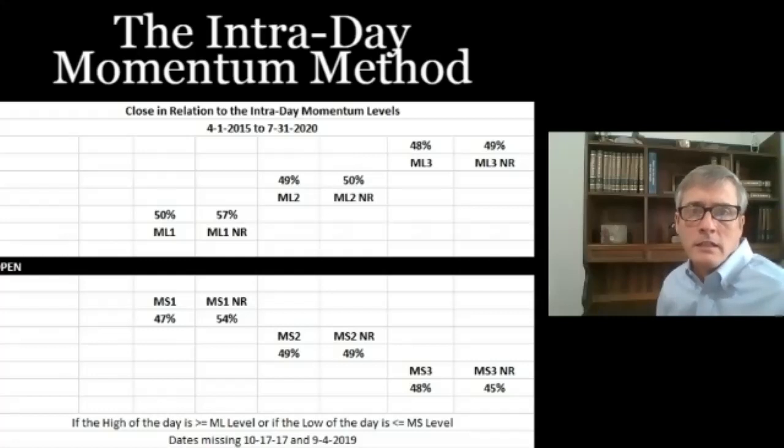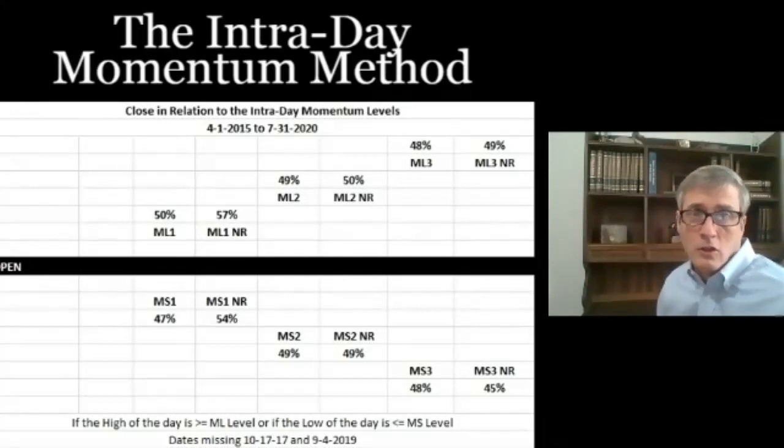The idea behind the intraday momentum method is not to take the levels as they are, but to define patterns mathematically and determine if those are statistically significant. Meaning that the price range in between the ML1 and the open is a great place to get long, considering you don't have a fast move. Same with the downside. The price range in between the open and the MS1 is a higher probability trade to get short, and not necessarily taking the level